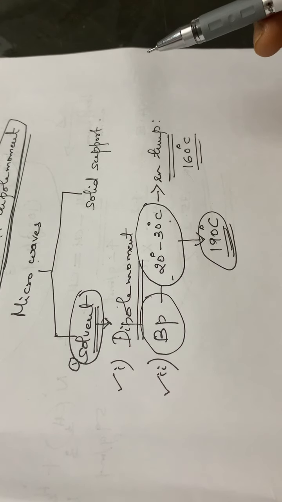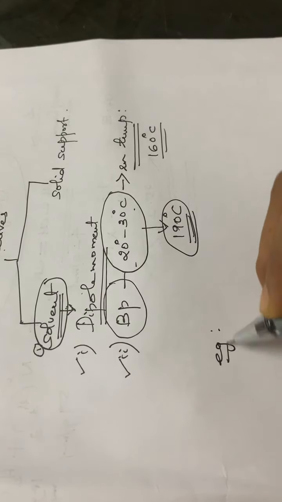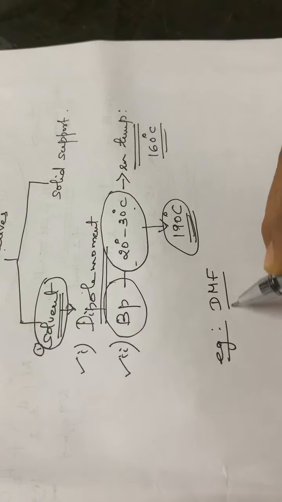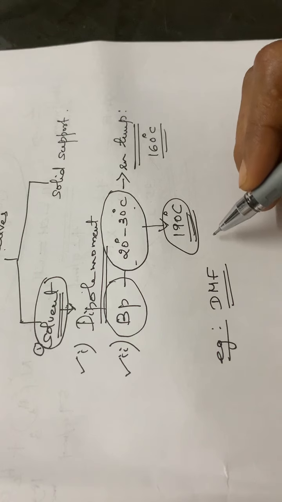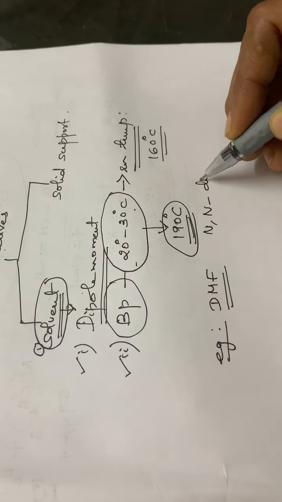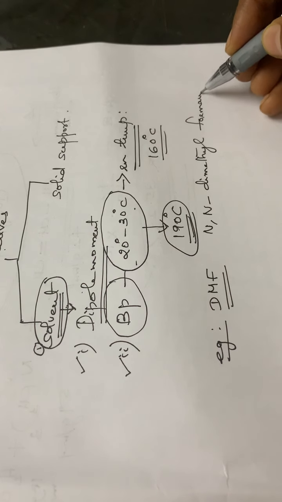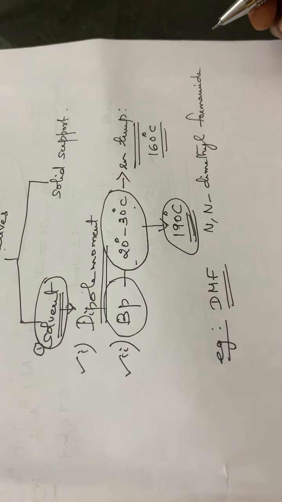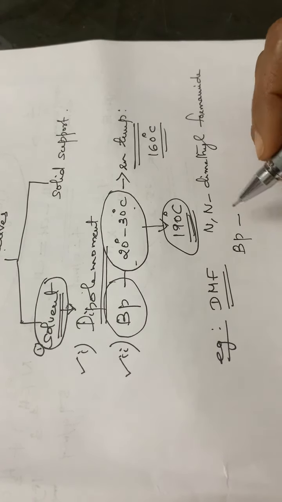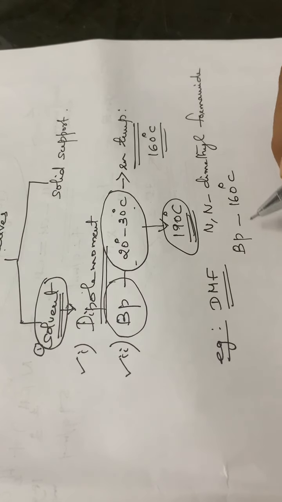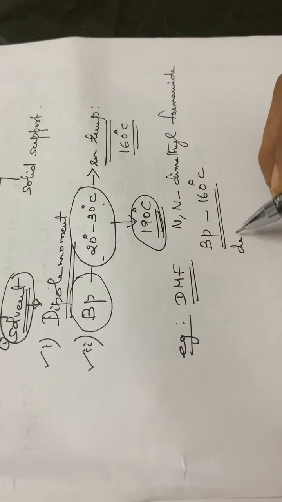Okay. And also in your textbook, there is one example given, that is DMF. DMF is a solvent which is used for this microwave assisted organic synthesis, and DMF is N,N-dimethyl formamide. Okay, so this N,N-dimethyl formamide has a boiling point of about 160 degrees Celsius, and also it has got a dielectric